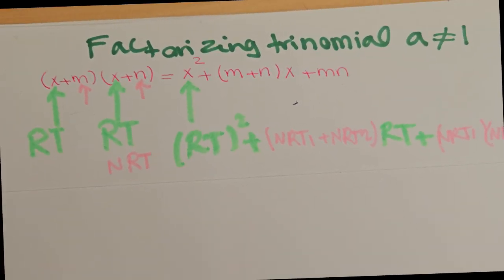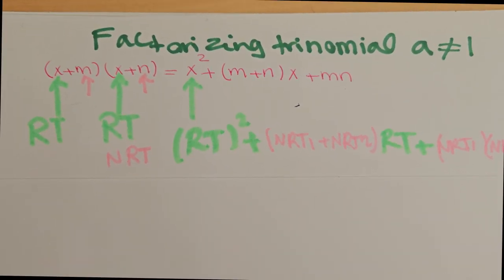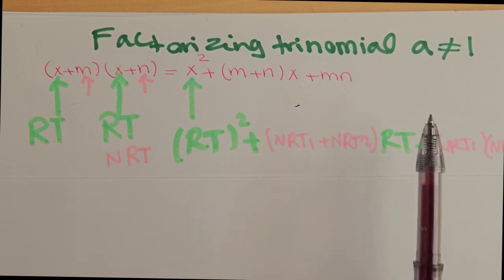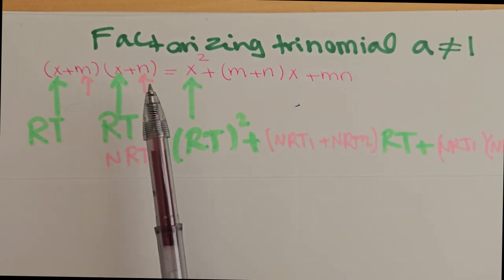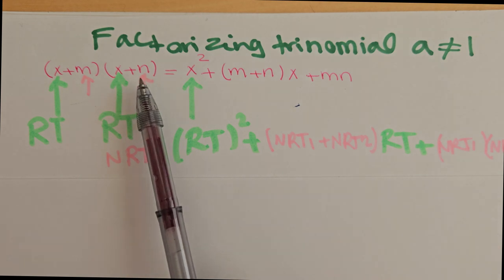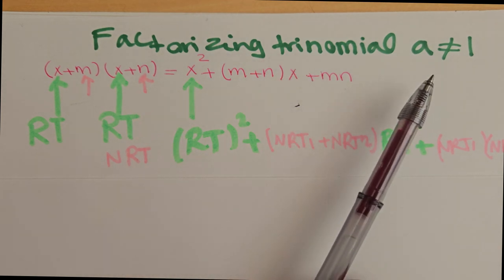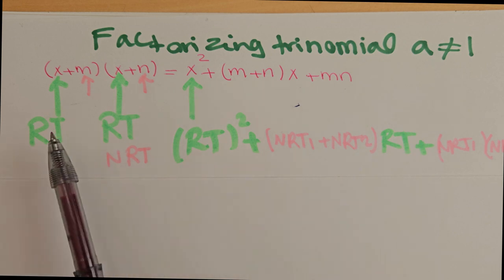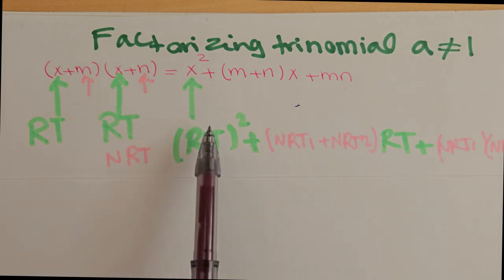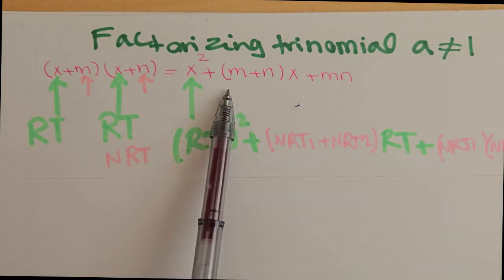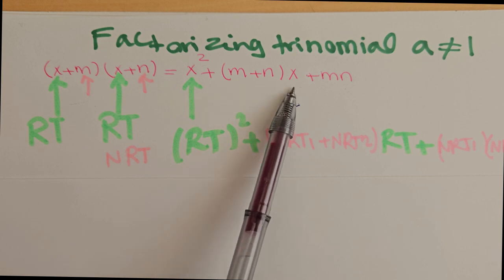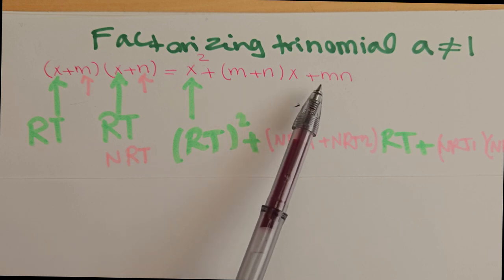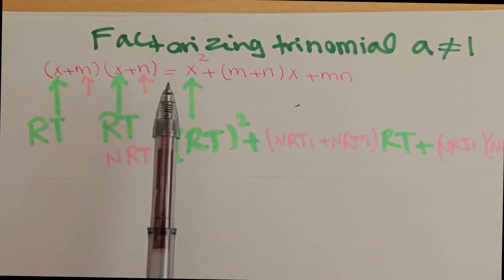Welcome back. In this video, we want to continue the topic of factorizing trinomials. In the previous video, we talked about it when the leading coefficient was 1, but here we want to talk about trinomials when the leading coefficient is not 1. This is the expression x squared plus (m plus n) multiplied by x plus m multiplied by n equals,